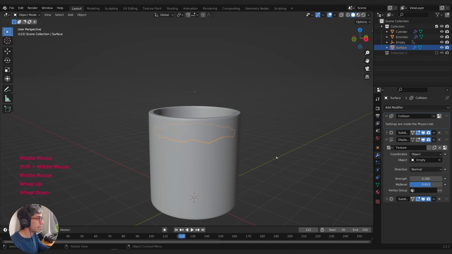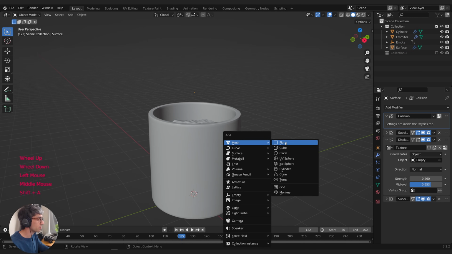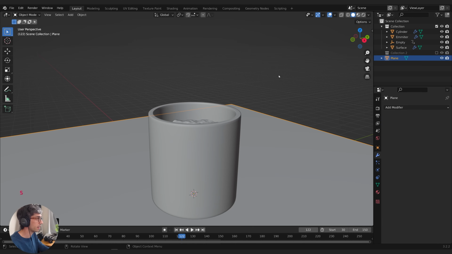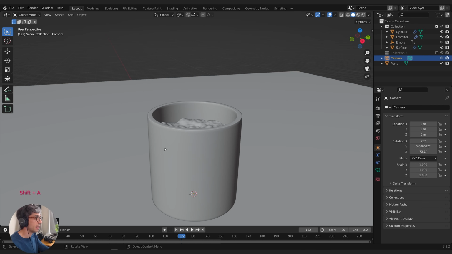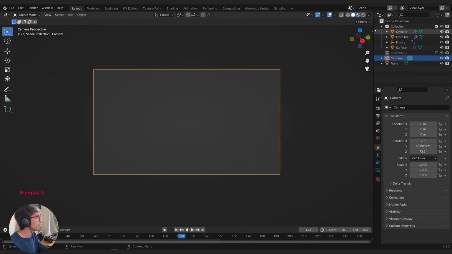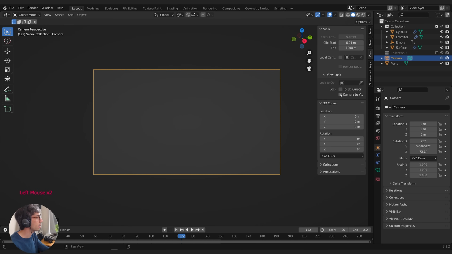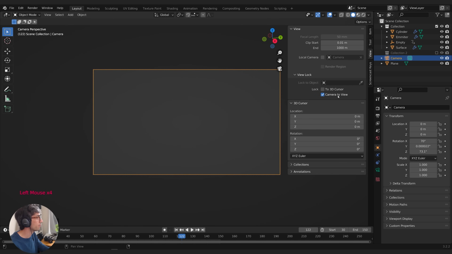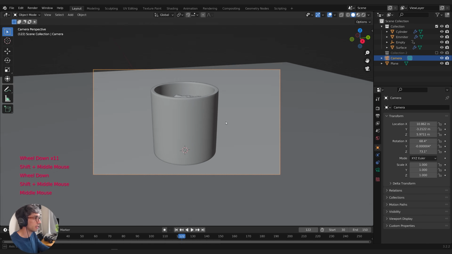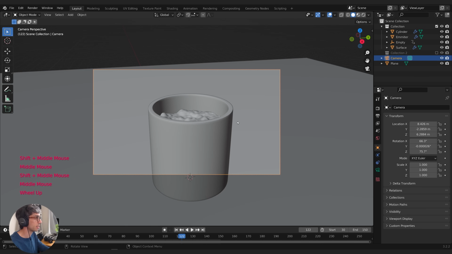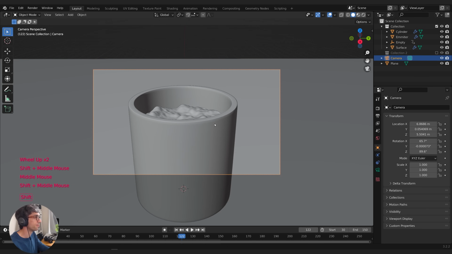All right, I'm going to go ahead and create a surface for this thing to stand on. So mesh plane, scale that up like that. And then I'm going to create a camera. Shift A, camera. I'll jump into my camera view. I'll open up the side view, come down to view, and click lock camera to view. This one right here. And I'll roll my mouse wheel back and get a nice frame here so we can actually see it, because we're going to start looking at materials.